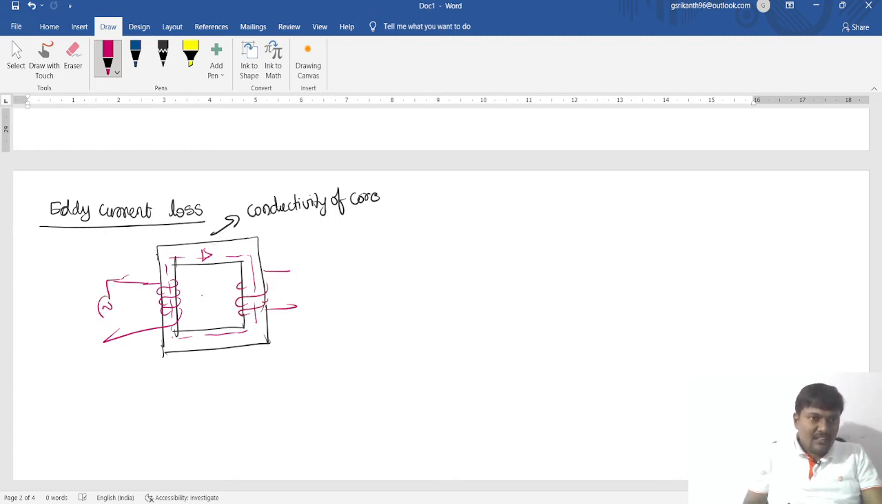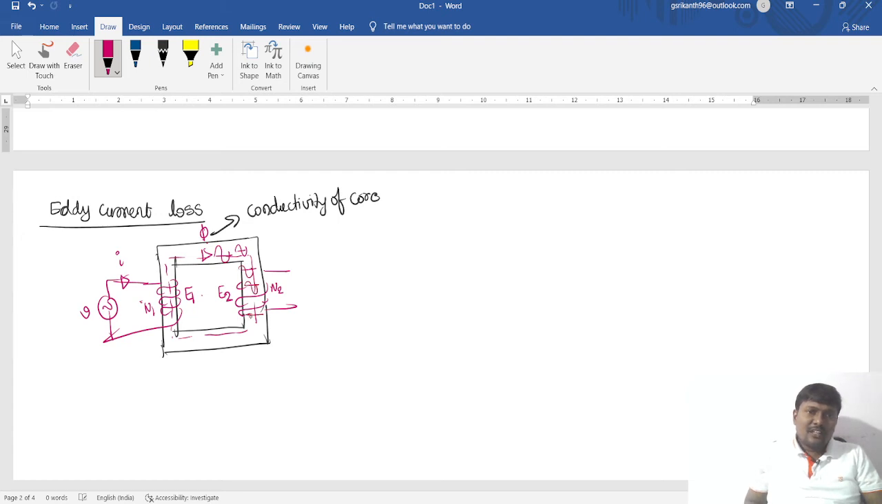I am giving a sinusoidal supply. Sinusoidal current is flowing through the primary winding, and an alternating flux will be developed. This flux will be linking with the primary winding and secondary winding. Then the EMF is induced in the primary winding and secondary winding. So it has N1 number of turns, it has N2 number of turns. That is our transformer principle. And this flux is alternating,